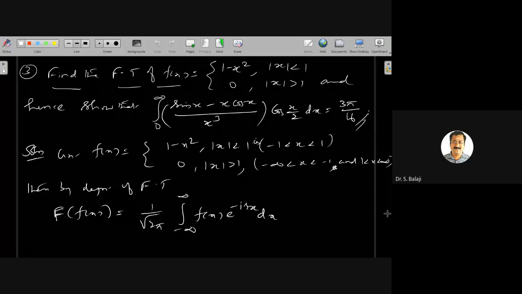Yes, take the third problem. Find the Fourier transform of f of x that is equal to 1 minus x square for mod x less than 1 and 0 for mod x greater than 1. Just like the first problem, find the Fourier transform of f of x equal to 1 minus x square for mod x less than 1 and 0 for mod x greater than 1, and hence show that